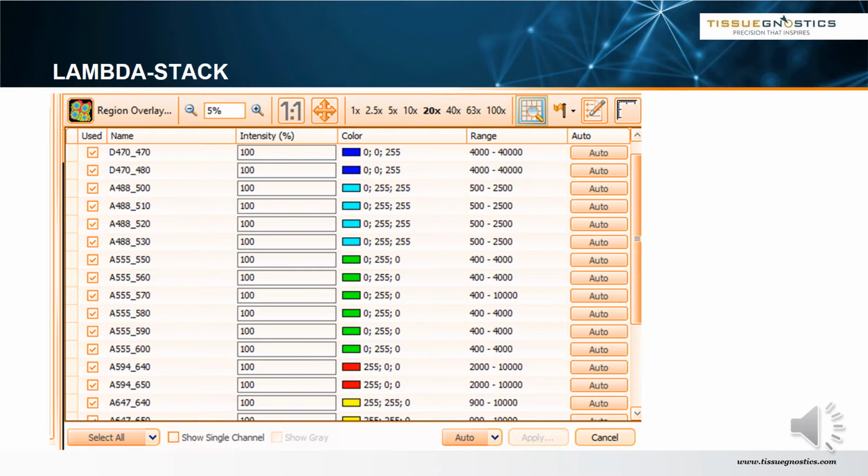What is a LAMBDA-STACK? Well, you will be familiar with a set stack from the confocal. Actually, we just talked about it. In a set stack, we acquire a given region at different focal positions. Similar is with a LAMBDA-STACK, but here we acquire a given region at the same focus position but in different